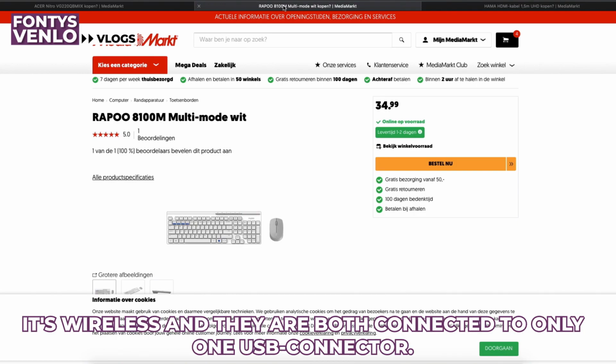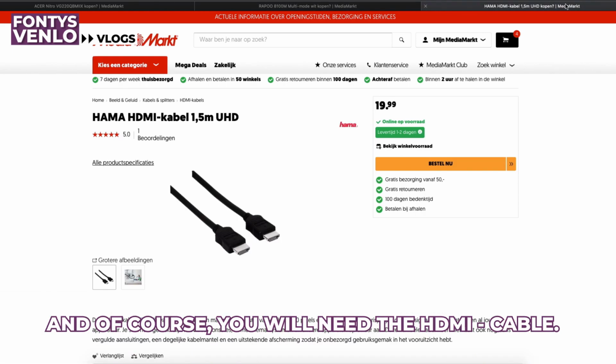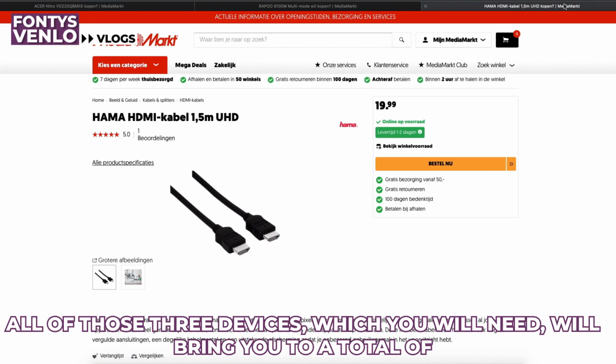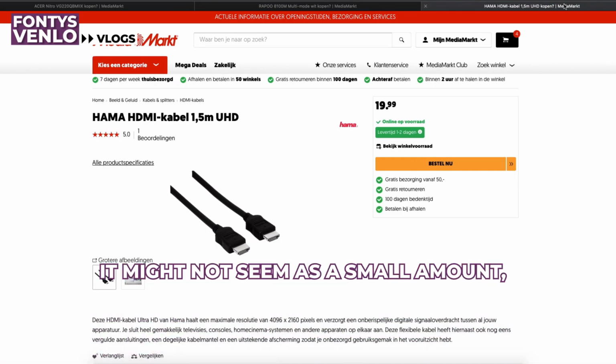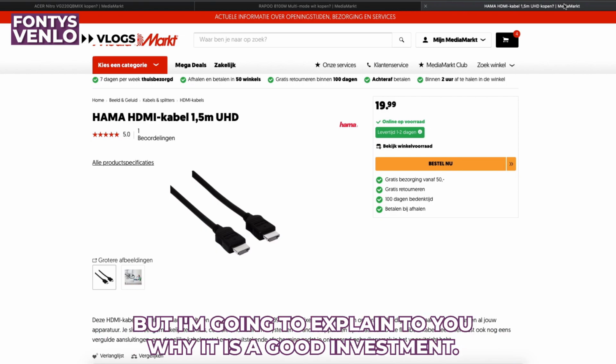It's wireless and they're both connected to only one USB connector. And of course you will need the HDMI cable. All of these three devices which you will need will bring you to a total of 184.9 euros. It might not seem like a small amount, but I'm going to explain to you why it is a good